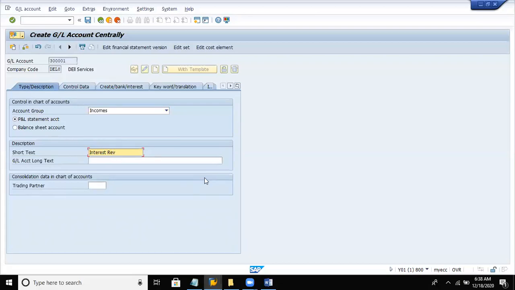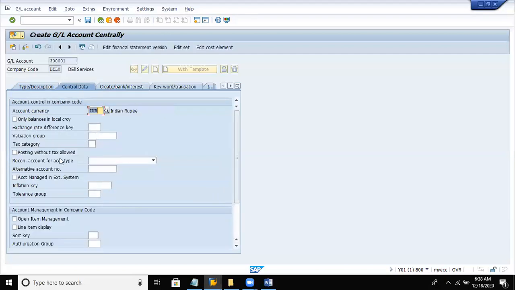So it is not a direct income, but it is an indirect income. It's not an operative income, but it is a non-operative income. So interest received account. Click on control data tab and check the box line item display. Sort key 001. Field status group